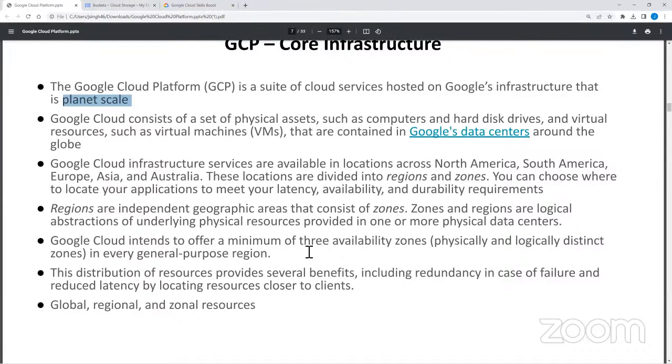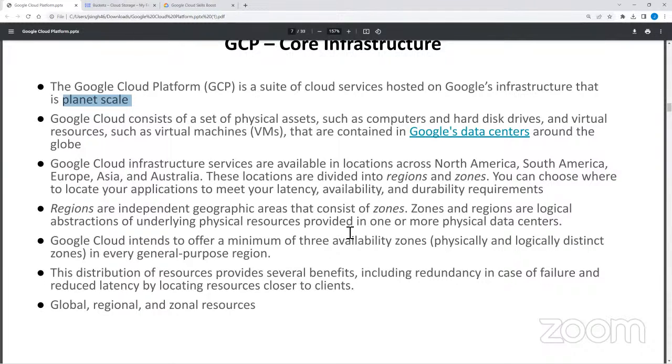Planet scale is nothing but the backend data centers I'm talking about, they are spread out over different geographies, like different continents, and in a particular continent, or we call it a region,